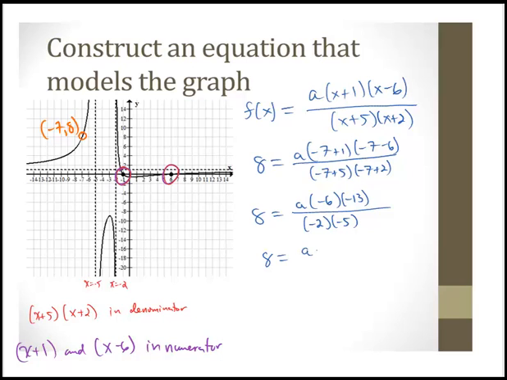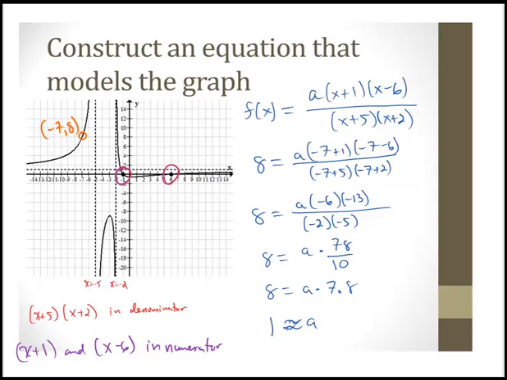So 8 would equal a times 78 over 10, that's 7.8. 8 equals a times 7.8. If you divide through by 7.8, you would find that a is about 1. Alright, so a appears to be 1,